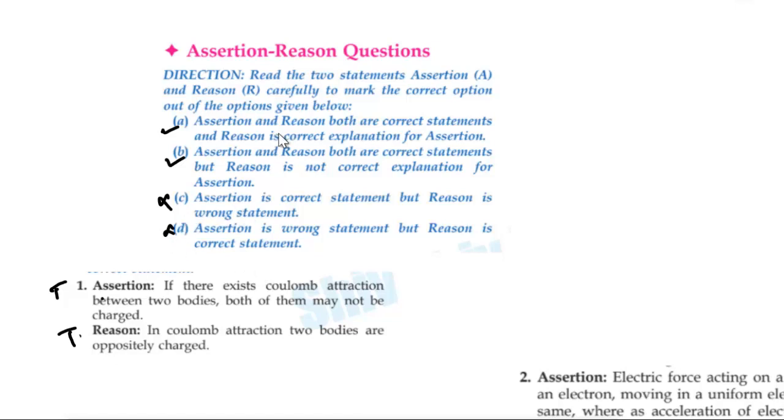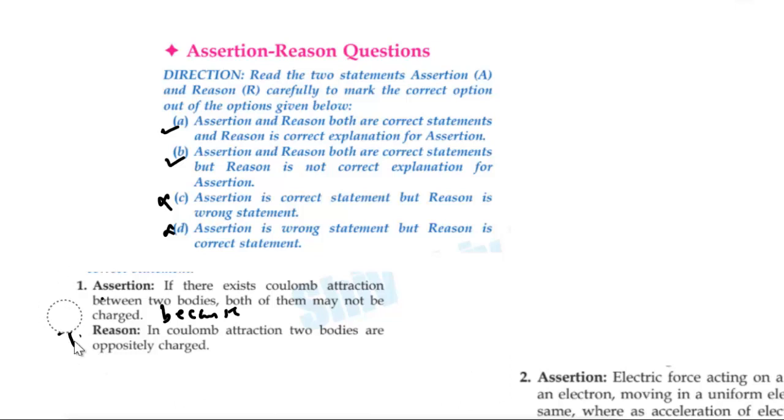Then while you are getting that, how will you choose which one will be the correct one? After reading out the assertion, if you are giving a because, and adding this reason, check whether this is the correct explanation for the first one. So while you are getting an assertion reason question, first you should check whether the statements given in assertion and reason are true or false. According to that, you should choose the correct statement from the given options.